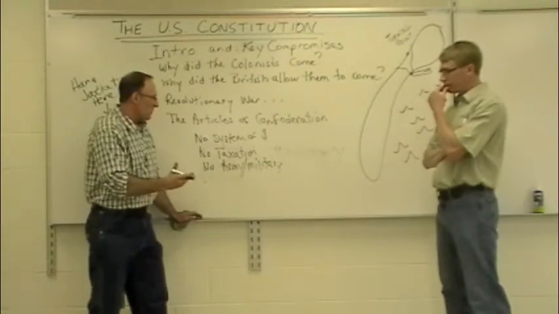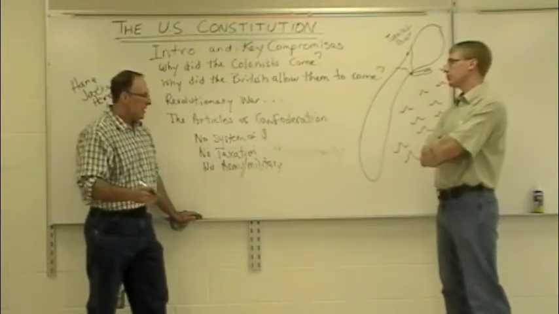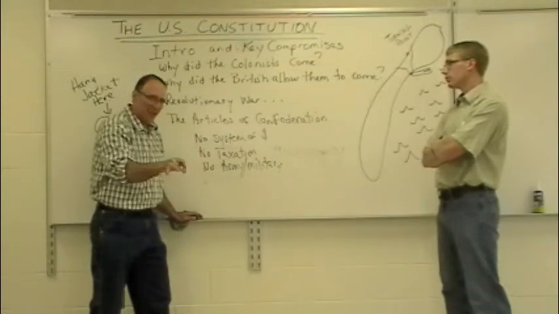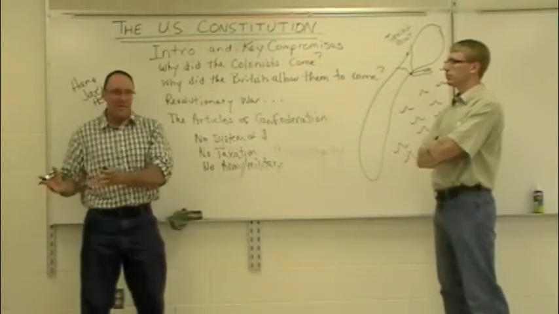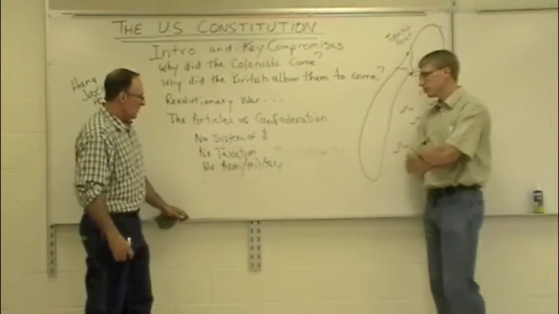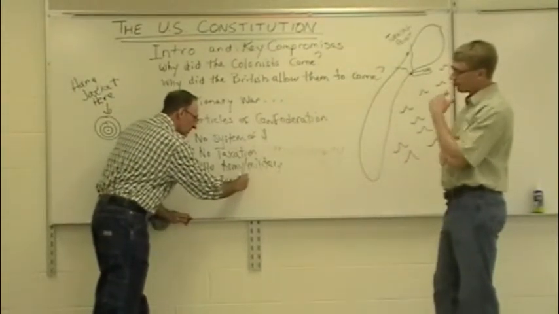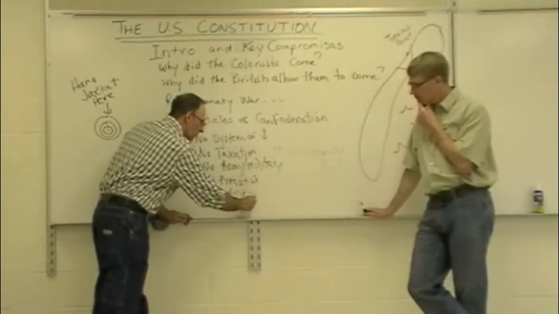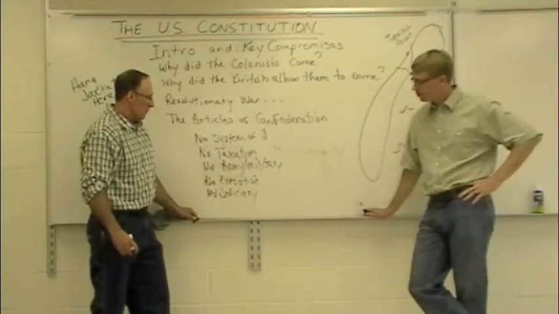And the reason, by the way, that the framers of the country did this, they weren't stupid people, but they had just broken away from the British, which was too strong, and the military was used against them. So their answer is to go 180 degrees in a different direction by not having the military. So there's no system of money, there's no taxation, there's no military, there's no executive branch of government, so there's no president, there's no judiciary, so there are no courts. So you can see that the federal government is greatly weakened here.